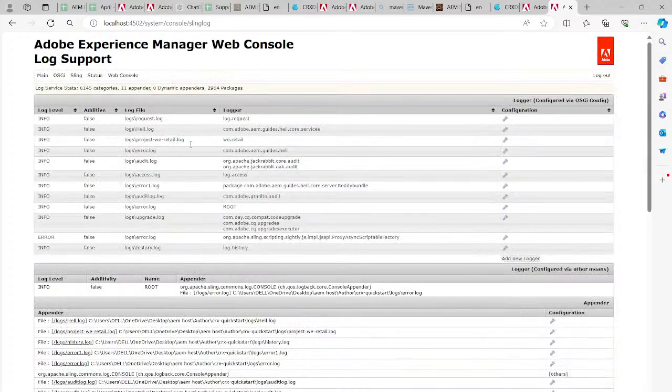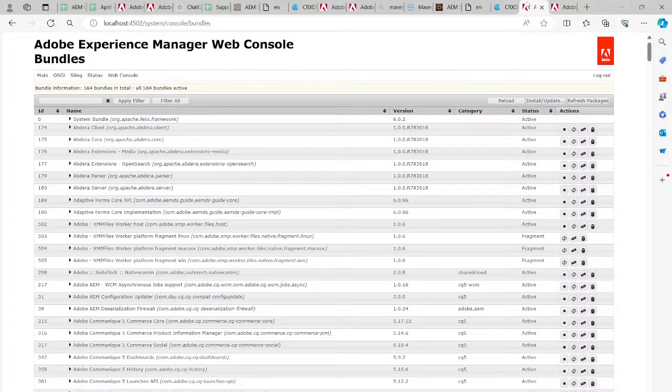Now you can see our logger. Previously I had some of the loggers with this, so it was not sure. Here I have created my log file, and now